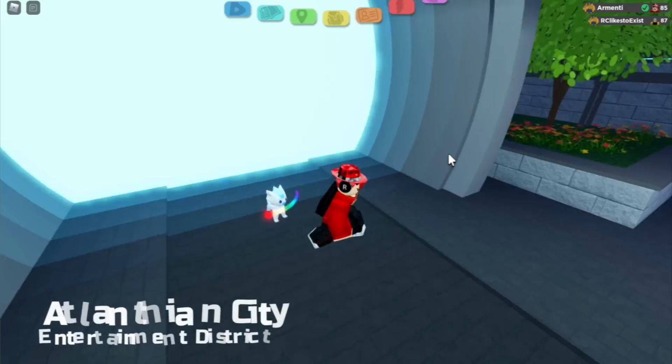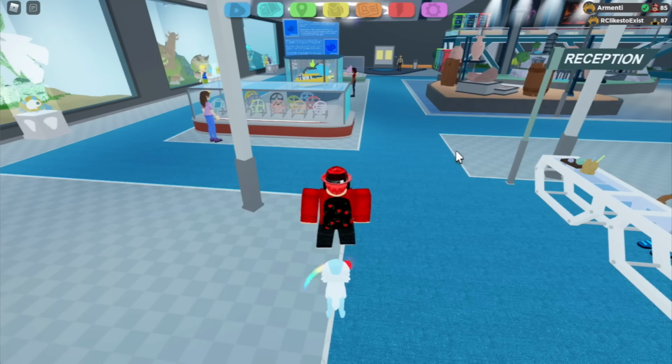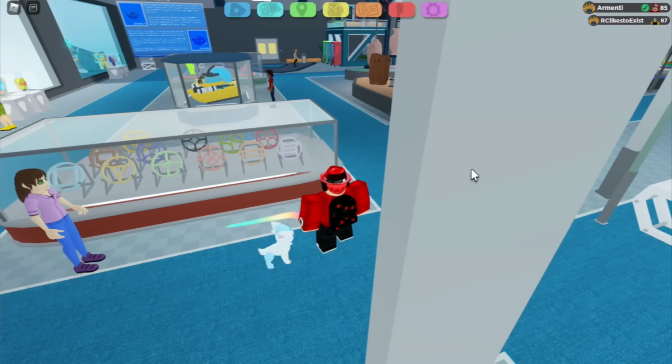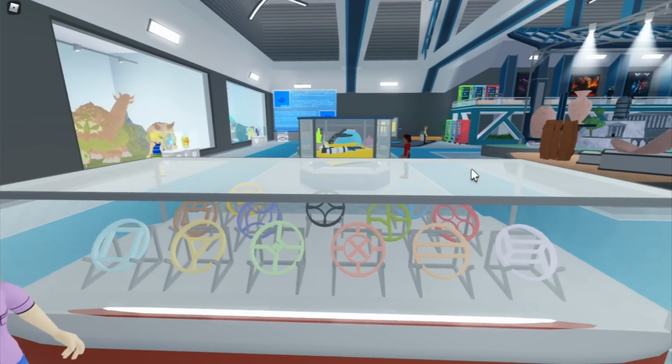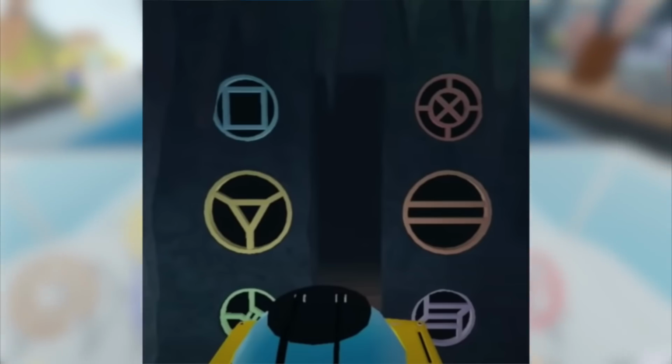Moving on to number 9, the relics. Okay, ladies and gentlemen, if you go to the Atlantian City Museum, you can see some relics on display. I'm sure that as soon as you guys saw this, you can make the connection. We have seen 6 of these relics before in Loomian Legacy. As we open the gates to unlock Cephalops, here are basically the 6 relics that we've seen before,